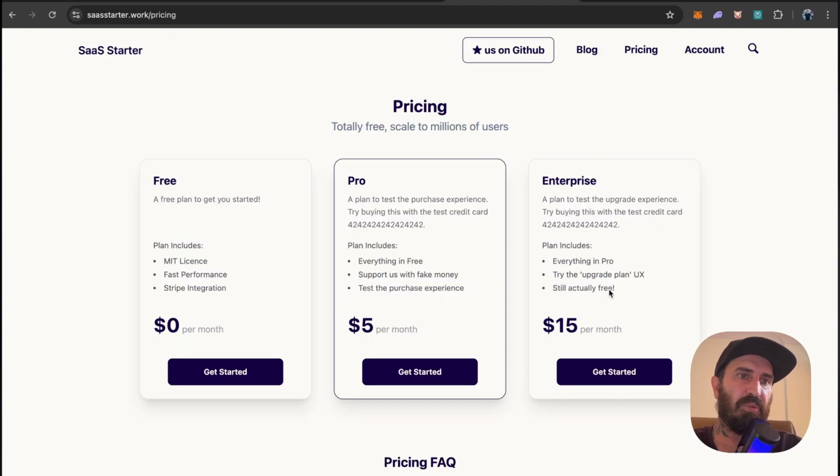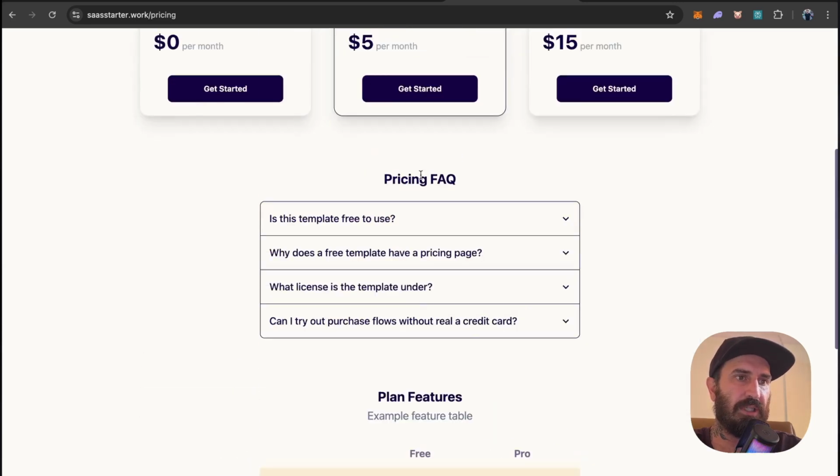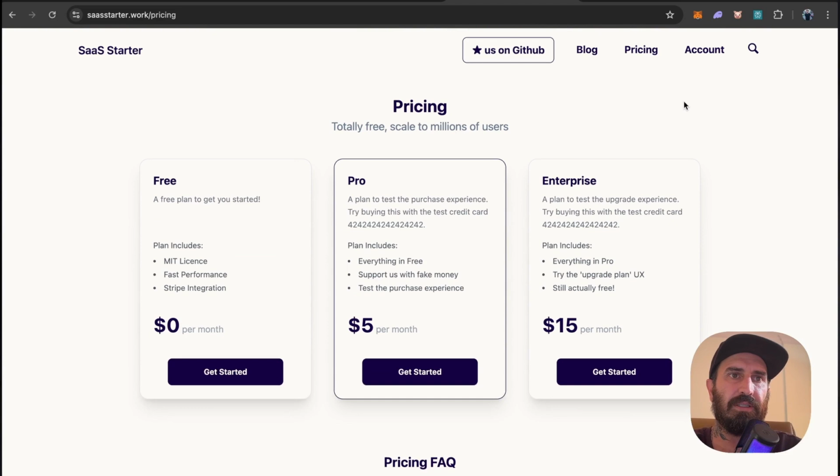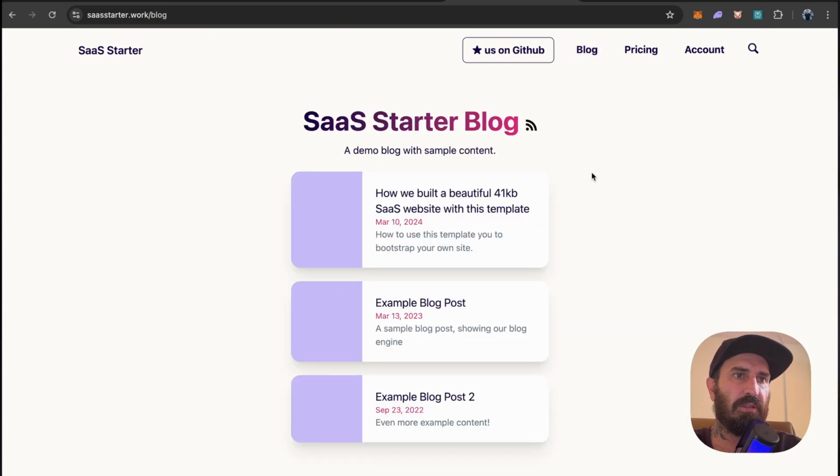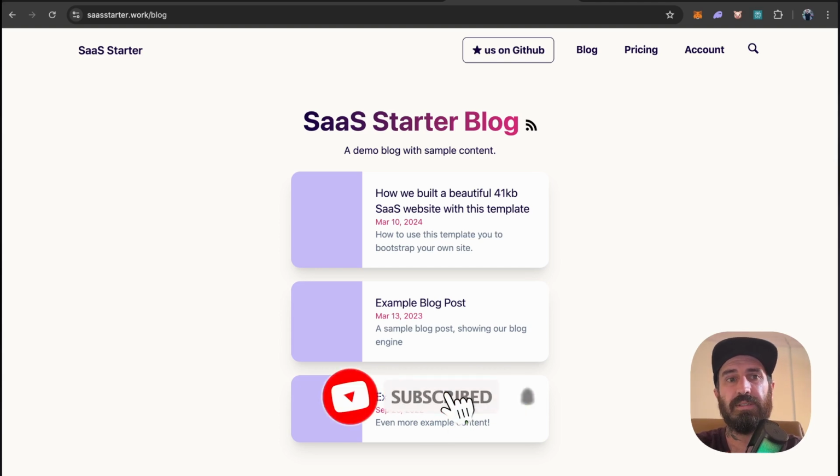Let's look at a couple features here. They obviously have a pre-made pricing page. This runs on Stripe. You would set up your Stripe packages, very simple features table, but obviously you can design this any way you want. The blog, like I mentioned earlier, doesn't have a CMS integrated, so that could be a version 1.1 where you integrate a blog with a headless CMS. You have Strapi, Ghost, WordPress, and Tina CMS. They all have pros and cons.